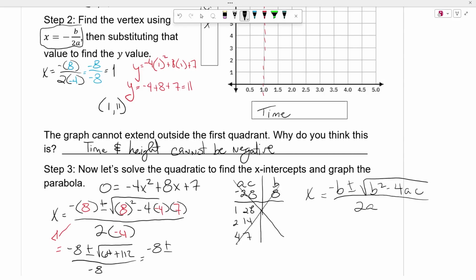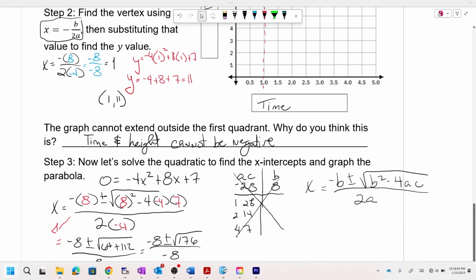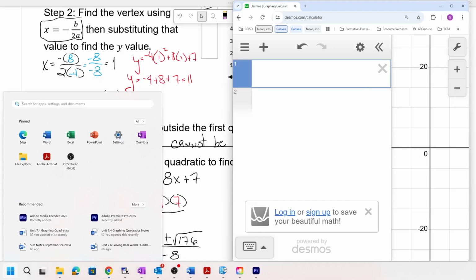So -8 plus or minus the square root of 176 over -8. You can go and grab a Desmos calculator